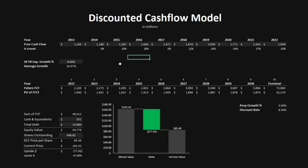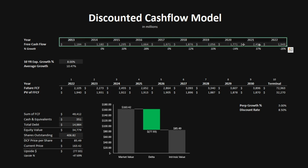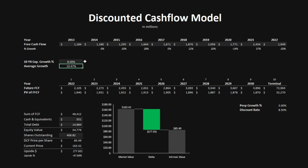The first valuation model that we'll be using is the discounted cash flow model. I've imported the free cash flow of Waste Management going from 2013 to 2022. The average growth rate in the free cash flow annually during this period has been almost 10.5%, and I'm projecting their future free cash flow to grow by 8% annually for the next 10 years. With this percentage, we'll determine the future free cash flow for Waste Management and determine a terminal year of valuation